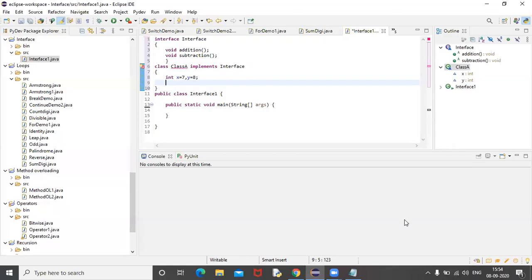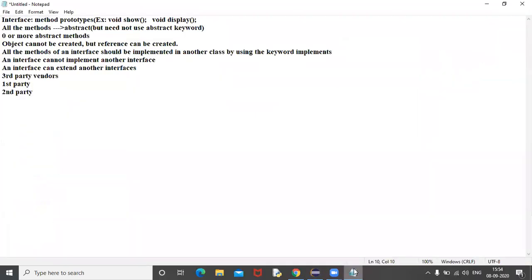Whenever you are implementing in another class, all the methods of an interface should be implemented in another class by using the keyword implements, and while implementing,